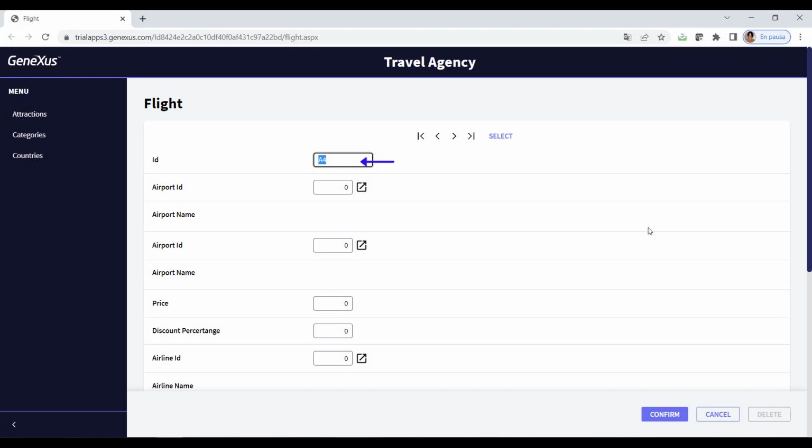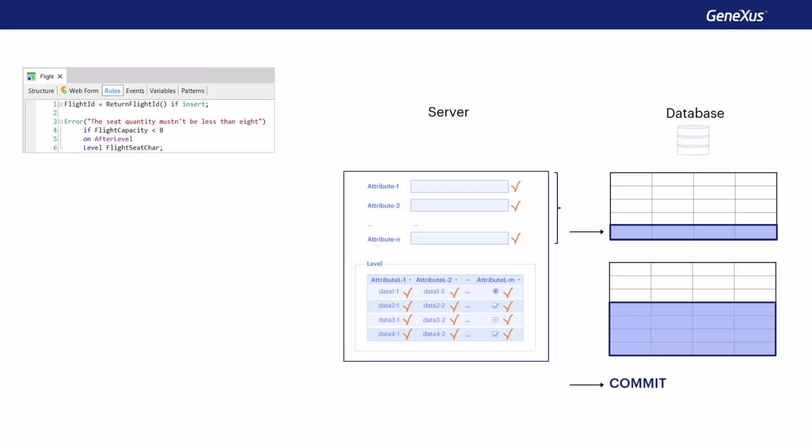When we try it again, we see that it'll give us another flight number. The reason is that we had asked for a number from the procedure that we didn't use in the end, and that number was lost. To make sure we don't waste a number that we won't use, how about calling the procedure that gives the number after the commit, because at that moment, we're completely sure that everything will remain in the database.